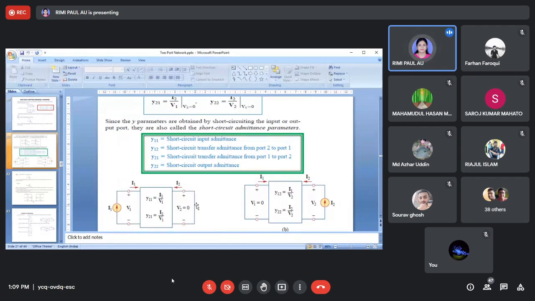Now if I do the short circuiting, then how to find current I2? It is already mentioned there. So you have to find out I2, I1 and supply voltage V. So I1, I2, V is known. Then you can find out Y11, Y21. Next, again you will give the output port voltage supply. So you will measure the amount of this voltage, and you will measure what amount of current is flowing.